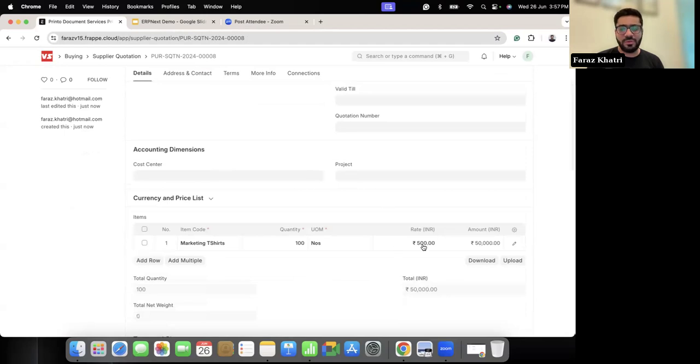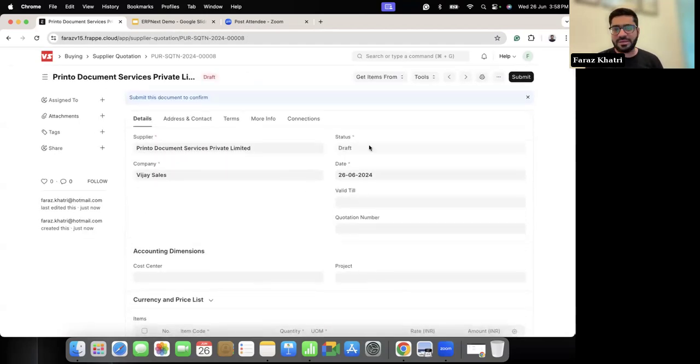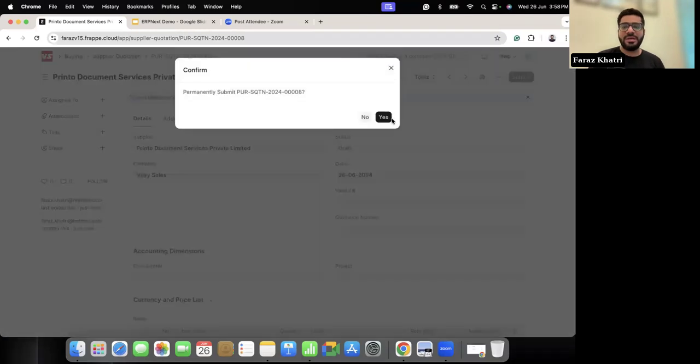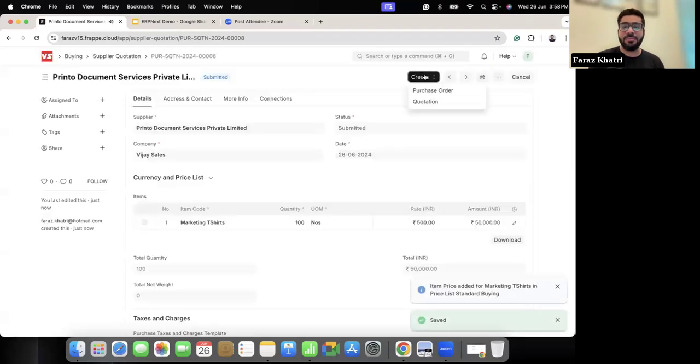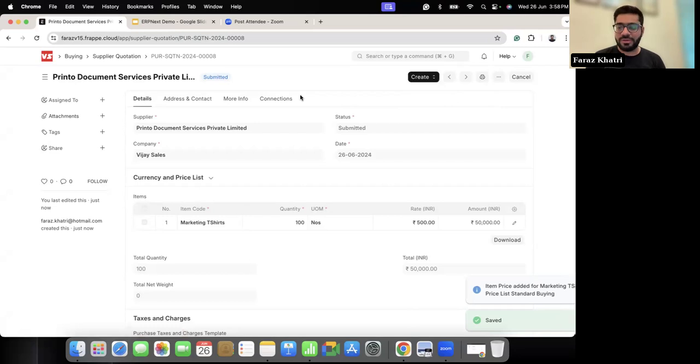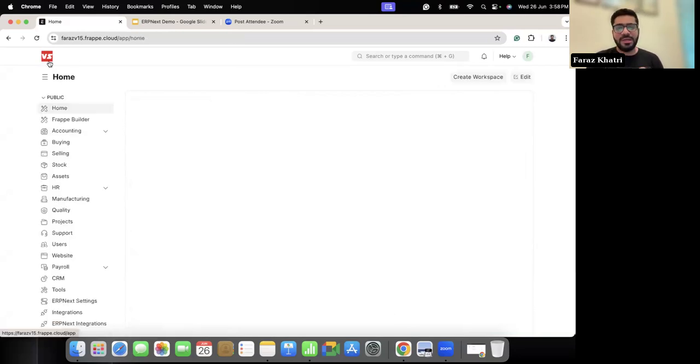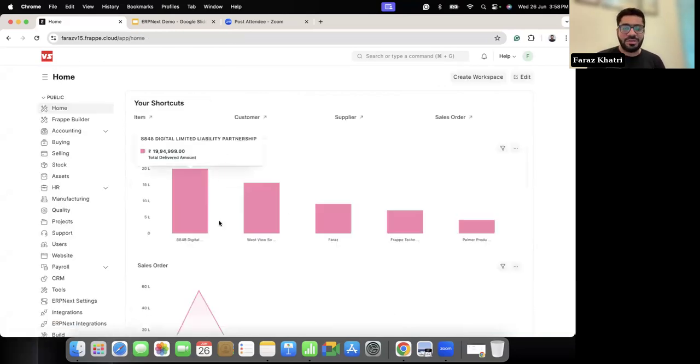So this is how you go, and you got this rate from them, and you can check certain things, and you can submit this and create a PO from this request for quotation or a supplier quotation. Then a normal cycle. Because of time, I won't be able to create the entire cycle. So this is how we cover the sales and purchase. I would like to conclude for sales and purchase, and